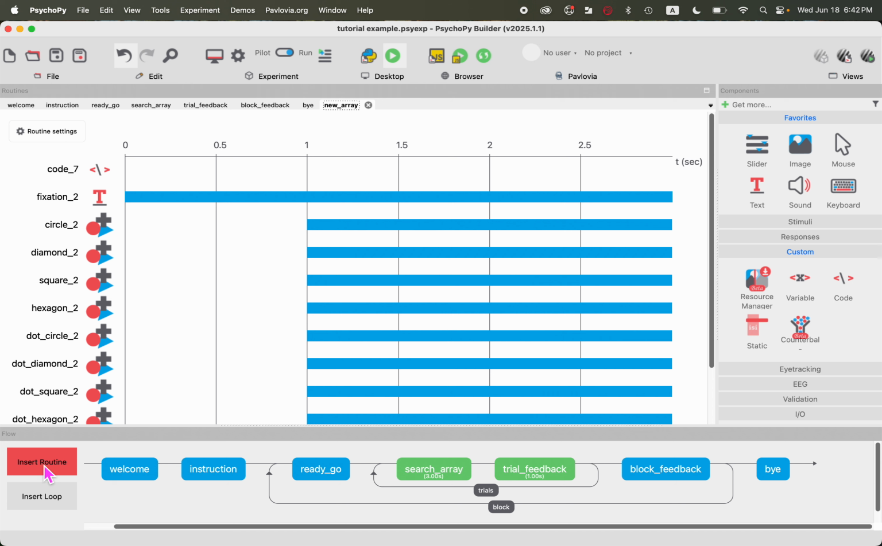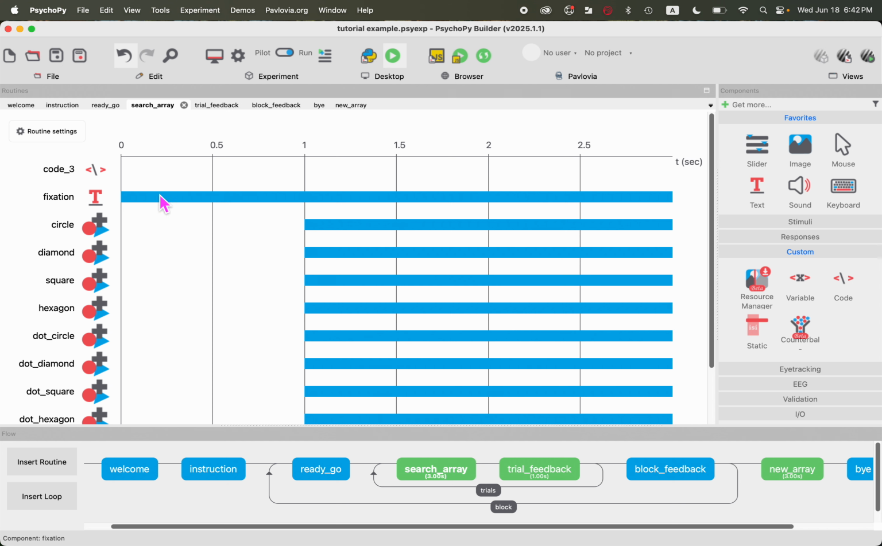And to insert the new array, I again need to click insert array. It's down below at the bottom of the list. If I put it here, then this new array will now initially look exactly the same as the search array routine, except that now you see this in the search array, the names of the components are what we initially